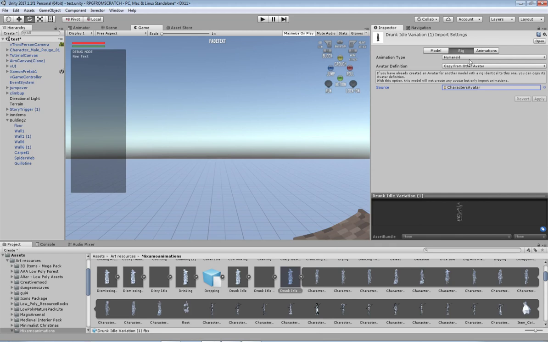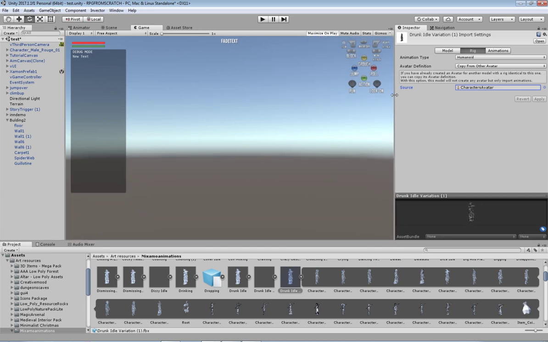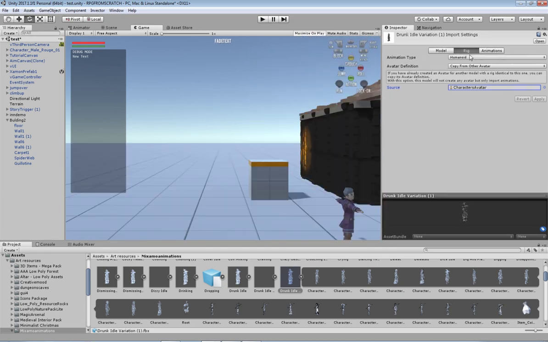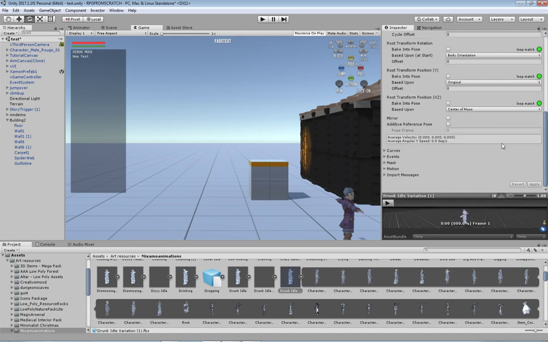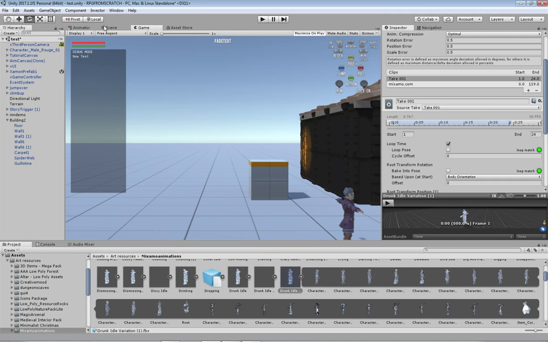Yep, so that's perfectly fine. Sometimes you might get an error where it's tried to find a hip bone and it won't work properly. It might just be that the data on it is a little bit corrupt, so you have to either re-import that animation or just come up with another animation. I don't really have a fix for that directly, so that's just sort of how I've been dealing with it. But as you can see, everything's still as it is. It's going to loop, so now when we play the game,